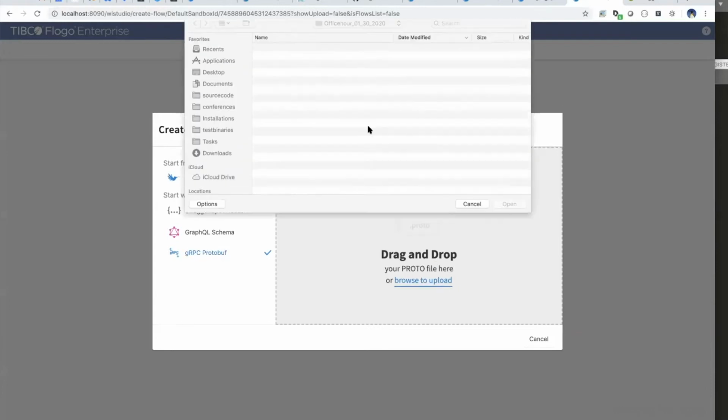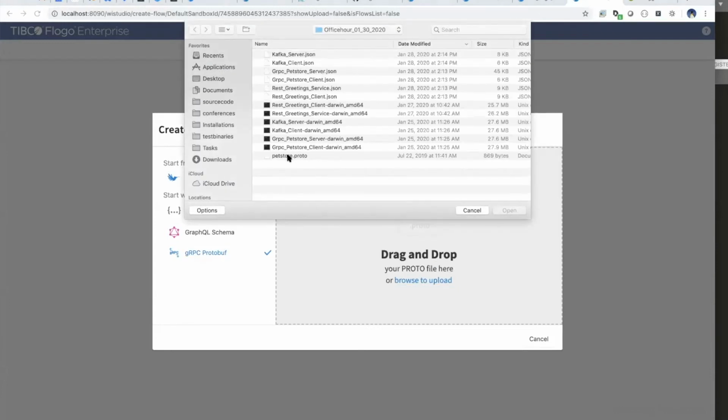You can browse the protobuf file. In this case, I'm using this petstore.proto, which is a protobuf file created based on the online petstore service.